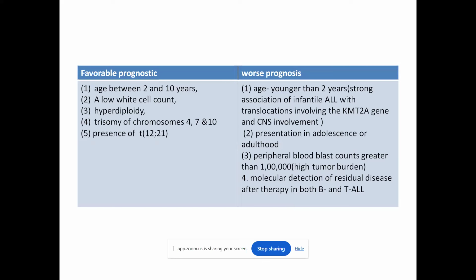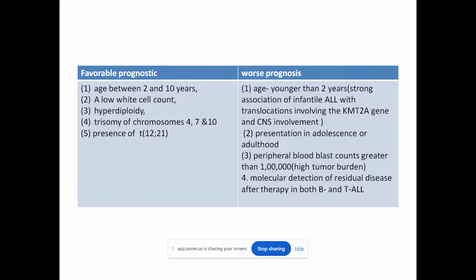And when the patient's age is less than 2 years, or if the patient has a KMT2A gene rearrangement, or CNS involvement, it has a worse prognosis. And if the patient presents in the adolescent age group or adulthood, or if the peripheral blood blast count is more than 1 lakh, or if we see molecular detection of residual disease after the treatment, all these are